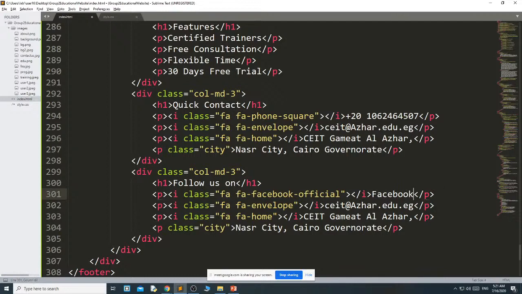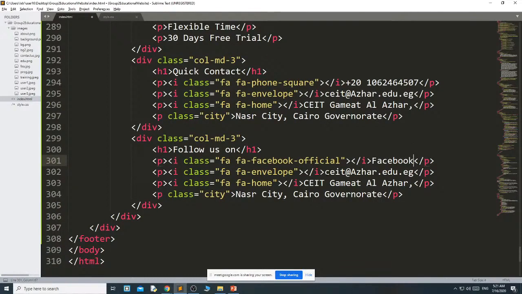Then second one YouTube. This is YouTube. Then here FA YouTube play. Then the third one is Instagram.